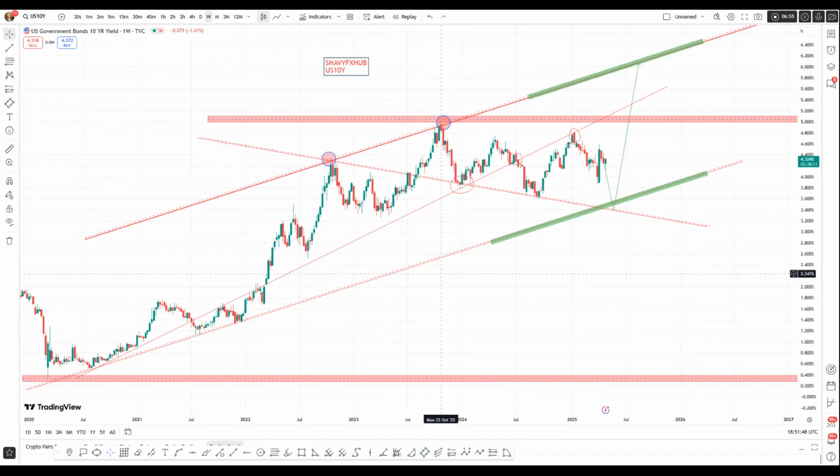So that's all we have for the 10-year bond yield. And for now,